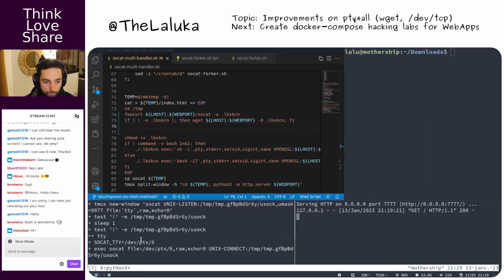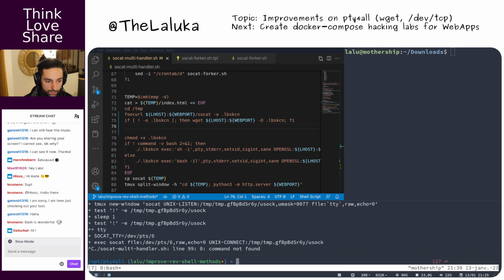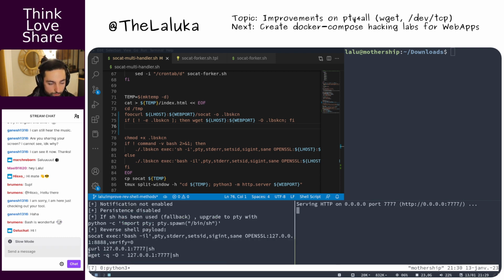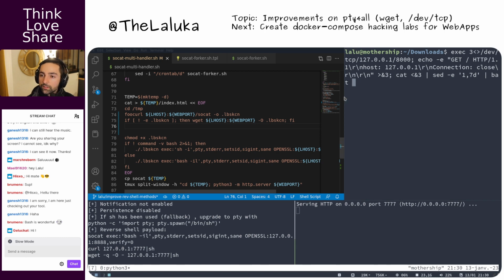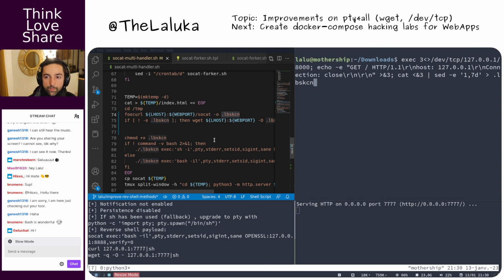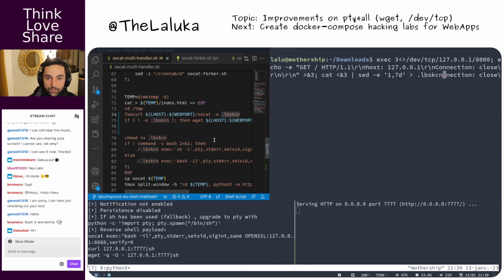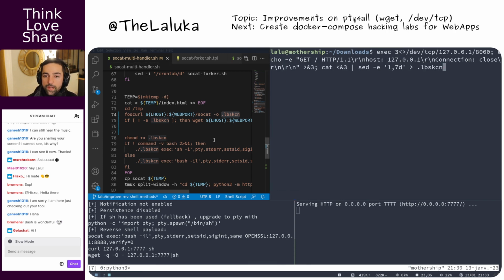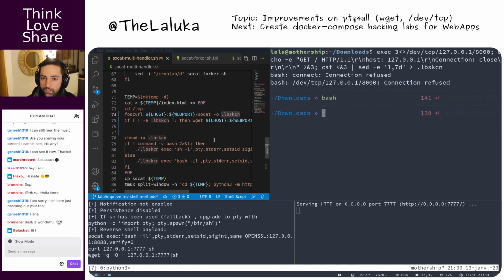Okay, so we'll still rely on having to download the socat binary, but with this method, and output everything to the file that we want. That is still this one, lsbln something. Okay, and so from there, we can try to download it, and it refused because we're not using the same.